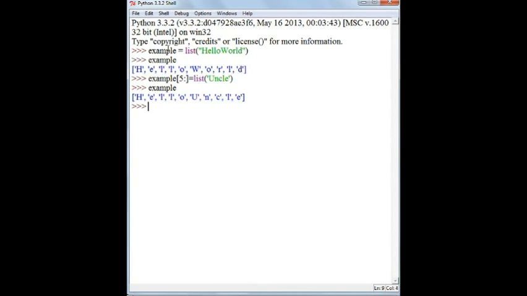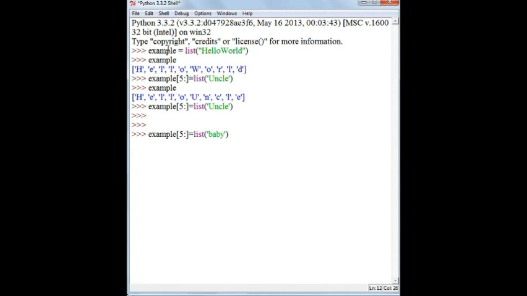So this was the case when the number of elements in our list earlier is equal to the number of new elements. So what if I use baby here?